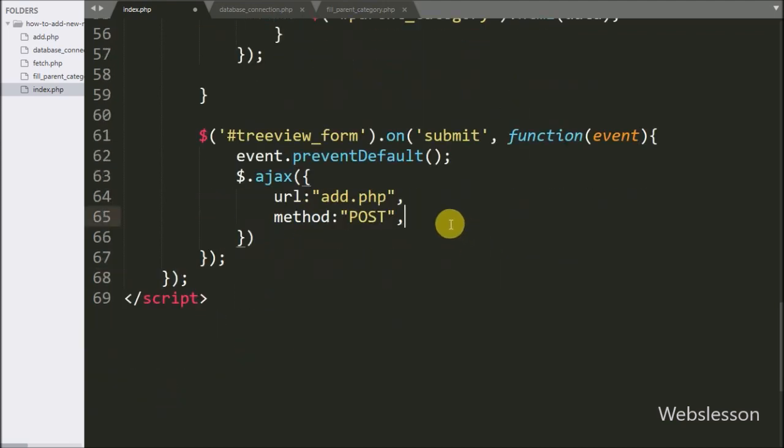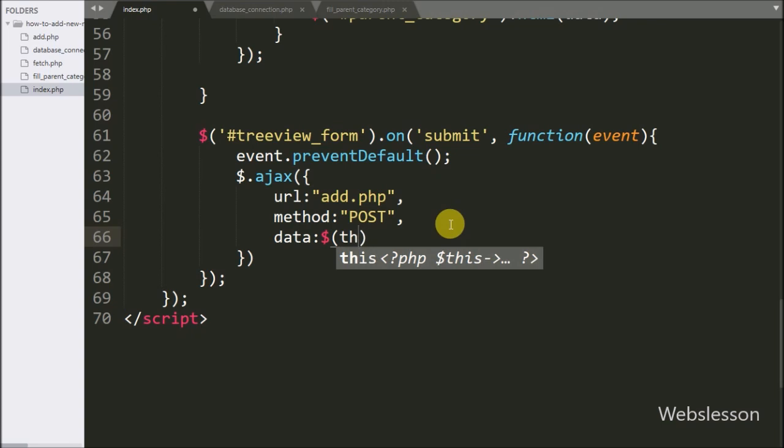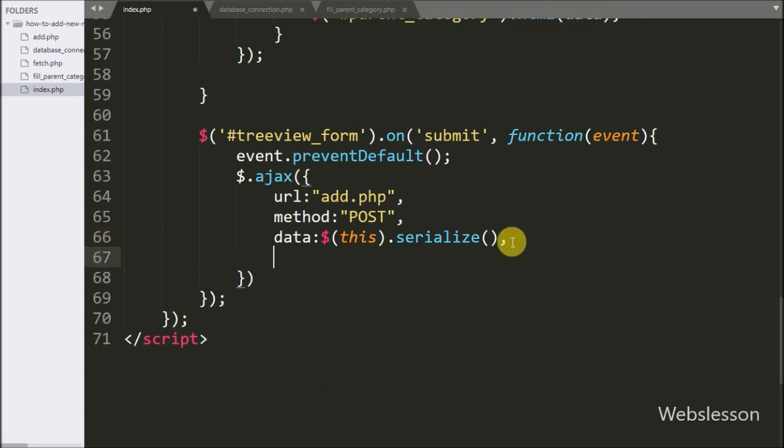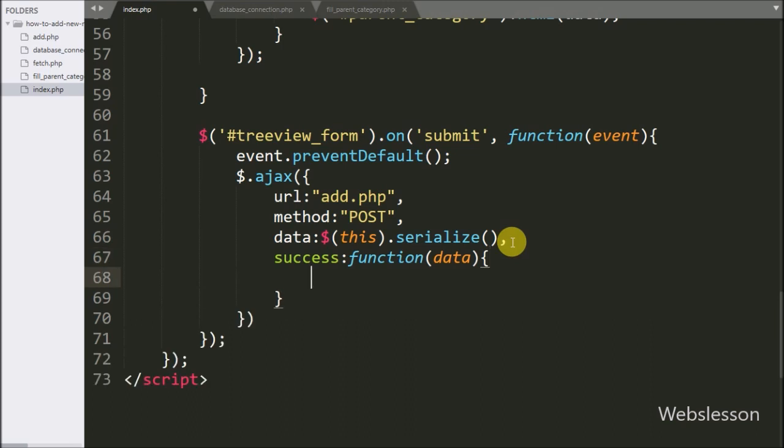In the second option we write the method, and here we use the post method to send data to the server. In the third option we write the data option, and in this option we define which data we want to send to the server, so here we write $(this) with the serialize method. This method will convert form data into a URL encoded string. Lastly we write the success callback function. This function is called if the request completes successfully, and it will receive data from the server which we can access